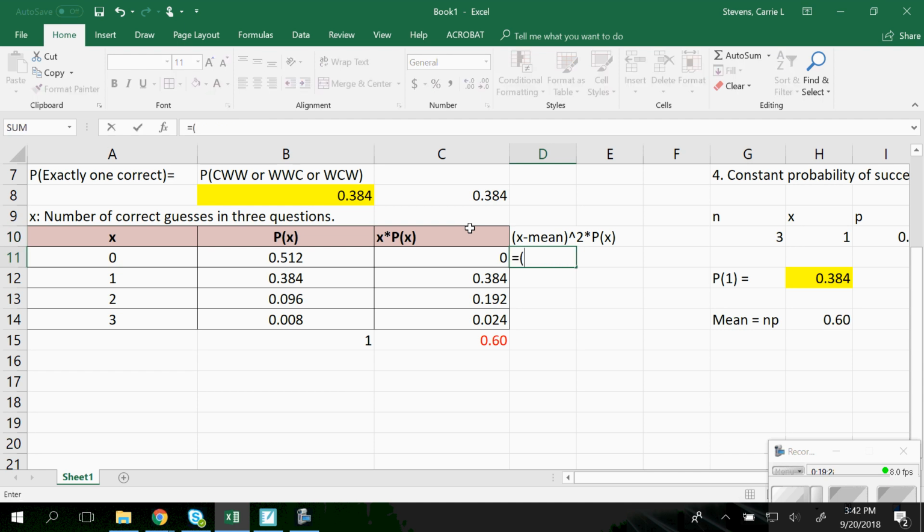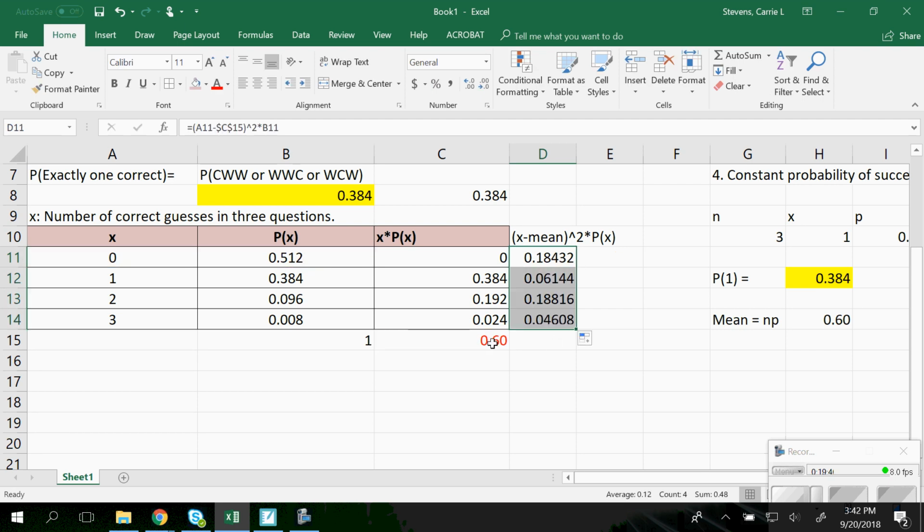So that'll be the x value minus the mean, F4 to make it absolute, to the power of 2 times p of x for that x value. Oh no, p of x over here. There we go. That's what I want. And copy that down, copy the sum over,